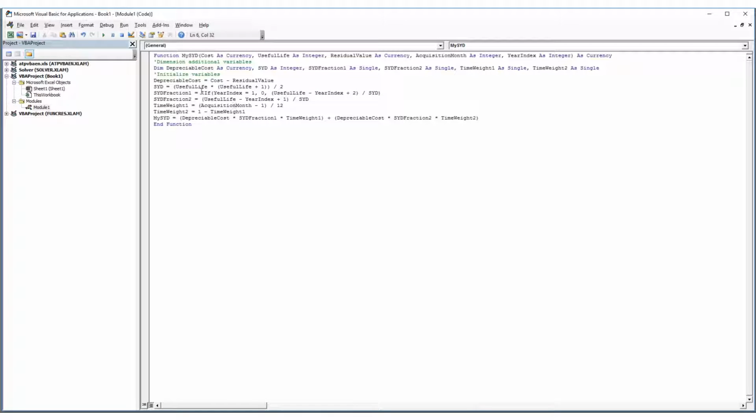Okay, so again, that's just a comment line. It doesn't do anything. So basically, we are initializing variables, setting variables equal to either explicit amounts or a combination of other variable values,